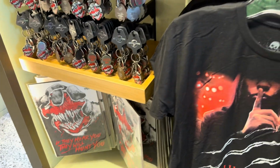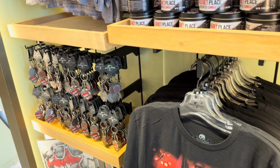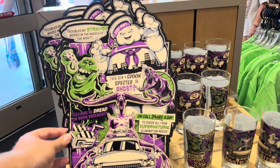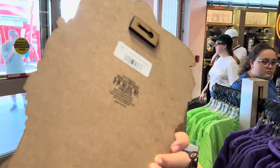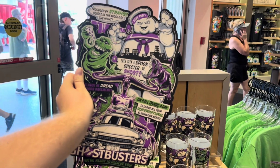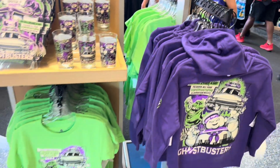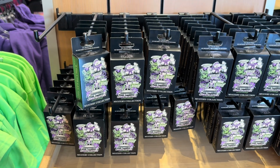And then there is the Quiet Place t-shirt and keychains, along with a scented candle. Then we can see some Ghostbusters merchandise, like this Ghostbusters sign. Well, how much does this cost? This one is for $35. We can see some of the ghosts on here. There is a glass Ghostbusters cup, a sweatshirt, a t-shirt, and last but not least, there is also a pin